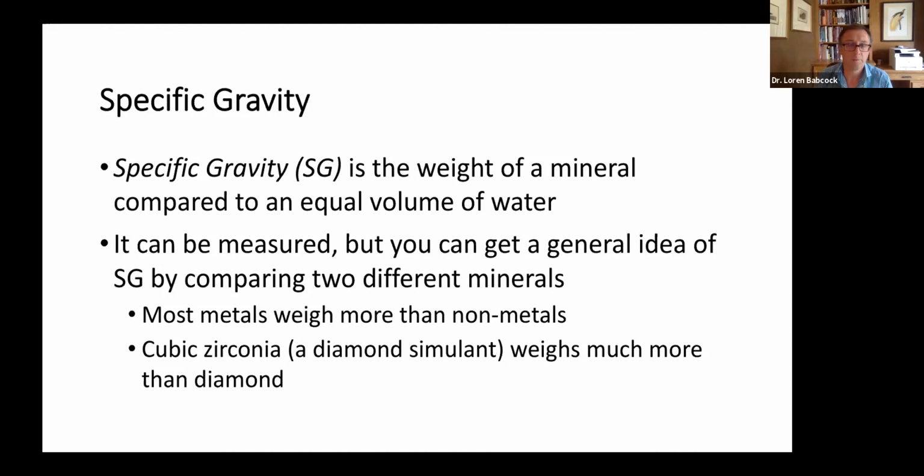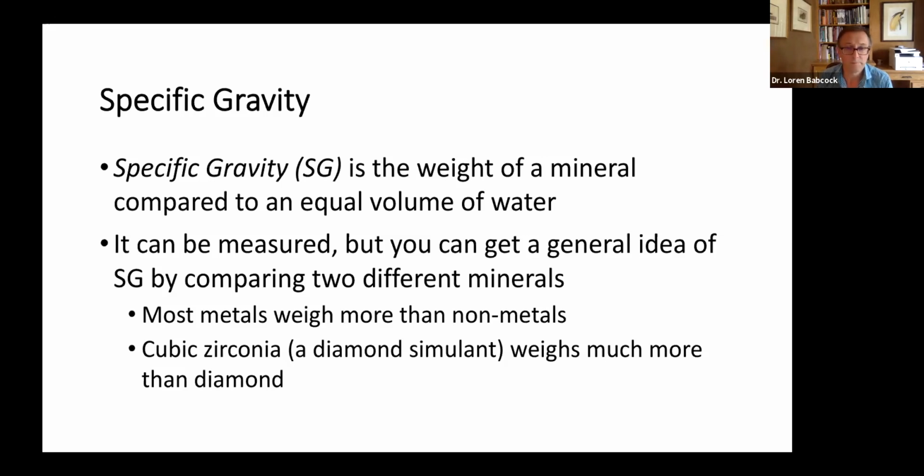And I think everyone is familiar with how this works. I think everyone is aware that metals weigh much more than most other minerals, and so the specific gravity of the metals, like gold and silver and copper and so forth, will be much greater than the specific gravity of, let's just say, quartz or diamond or something of this sort. But we can also use this specific gravity, or at least a relative weight of minerals, to compare some gem minerals. Like, for example,